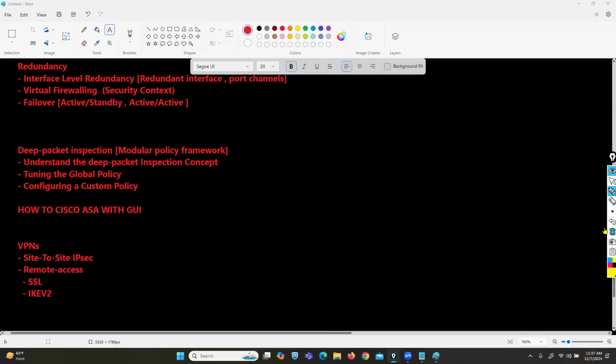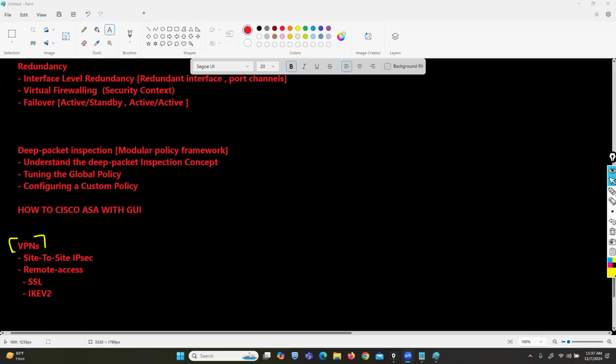Now, as I said, we can configure our firewall device in CLI mode and in graphical mode. So yes, we have a topic, how to access our Cisco ASA firewall device with the graphical page. For some configuration, yes, I will go with the graphical page, like VPN implementation. For remote access VPN implementation, yes, I can go with the graphical page. I will show you. Now VPN, yes, like NAT and routing,